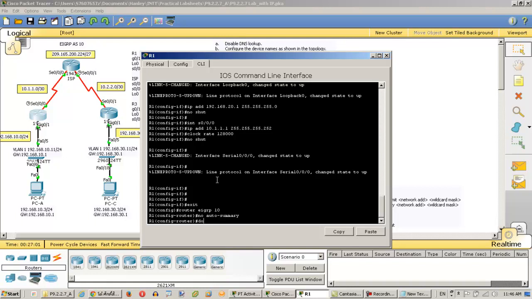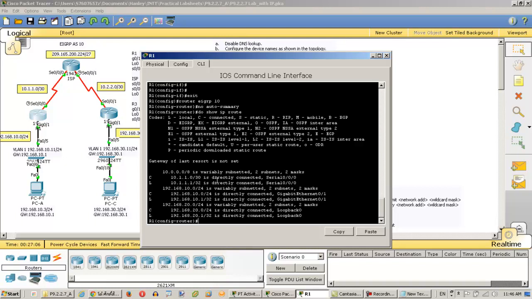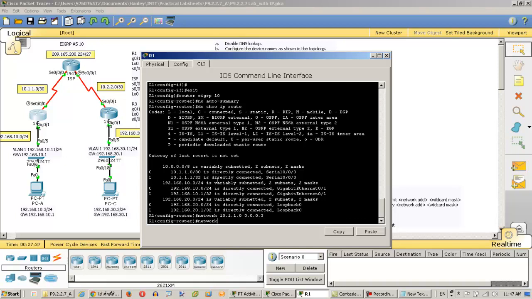As what we have done for RIP version 2 and OSPF, always make use of show ip route to enable us to do our network command. So the first network we're going to include will be 10.1.1.0. Similarly to what we configured for OSPF, we are going to make use of the wildcard mask, which is the inverse of the subnet mask, to specify more clearly the range of addresses that the routers are supposed to be communicating. In this case for /30 will be 0.0.0.3,